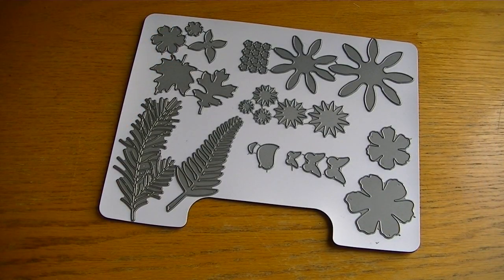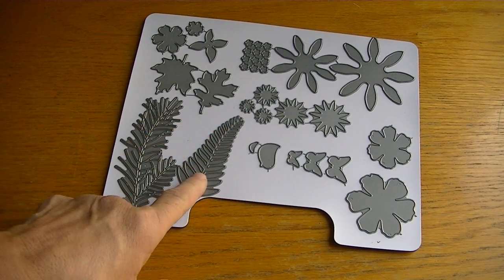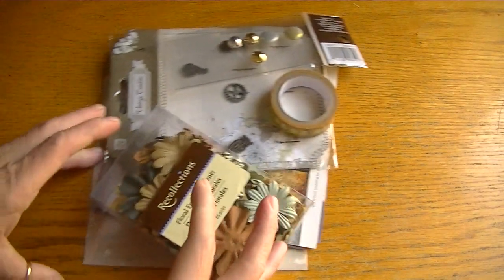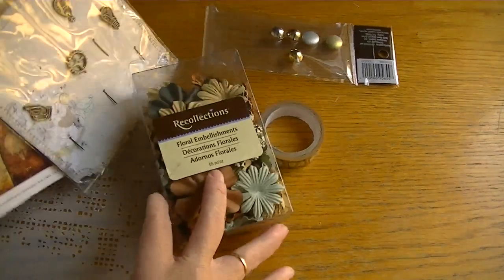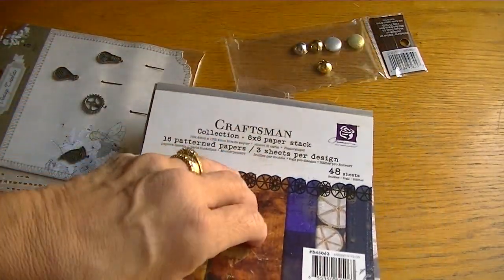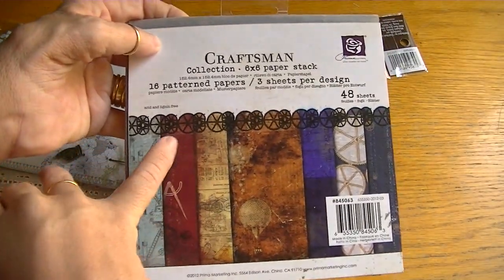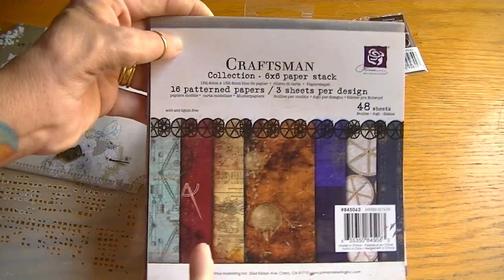Whoops, sorry, don't want to lose those. And then I also used the fern leaf in a couple of spots. Yes, and I believe that's it. So let me, oh, and then, where's the pad? The paper collection that I used is the Prima Craftsman. You can see I pretty much killed my stack, which is excellent. I didn't realize it, but I have another pad of this in my drawer, so I'm really happy because